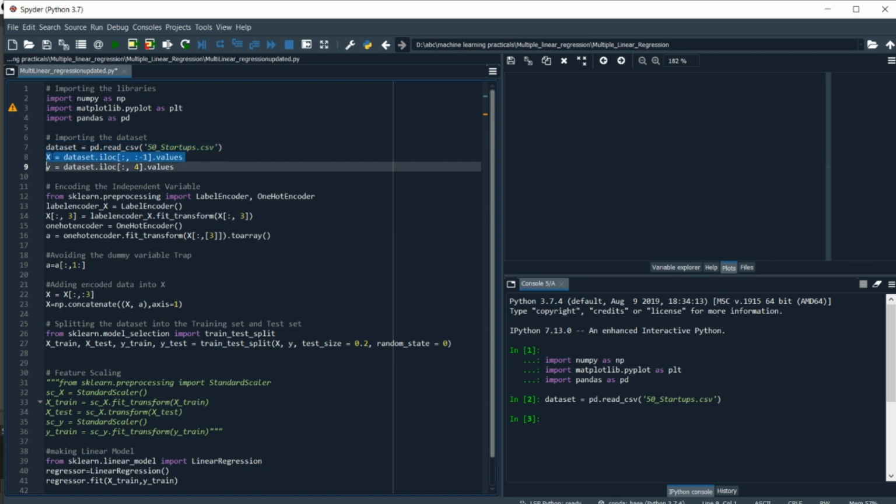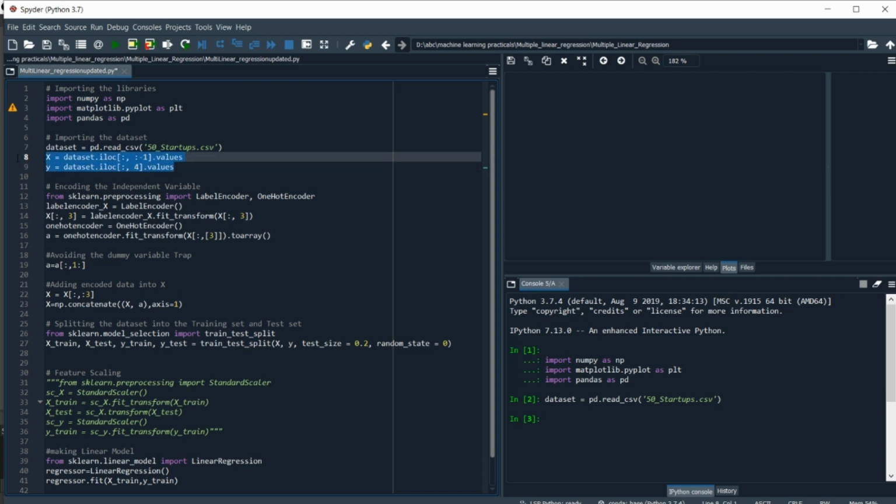After that, we are going to create our independent variable x, which is equal to the dataset.iloc method, where we use colon first, which is going to return all the rows of our dataset. Here :-1 is going to return all the columns except the last one. Similarly, we are going to create our dependent variable y from our dataset using the .iloc method. In the square brackets we used colon, comma, for all the rows from start to end, and 4, that means the column at the 4th index.